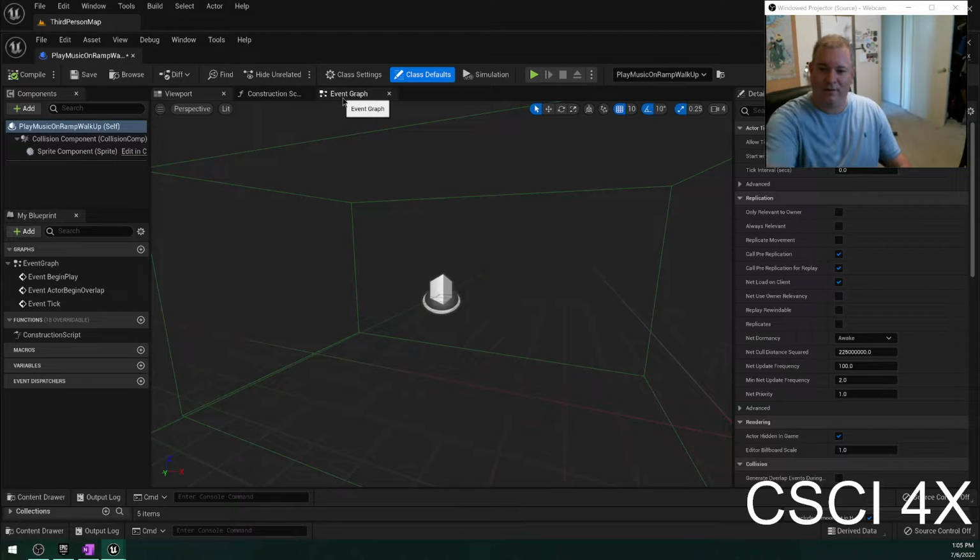Our code is going to be in this thing here called event graph. So Ada, go ahead and click on event graph. Oh no, you didn't name your blueprint yet. So name your blueprint. Play music when walk up. Okay. And now you're in the